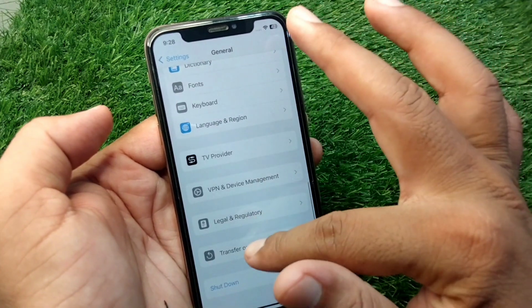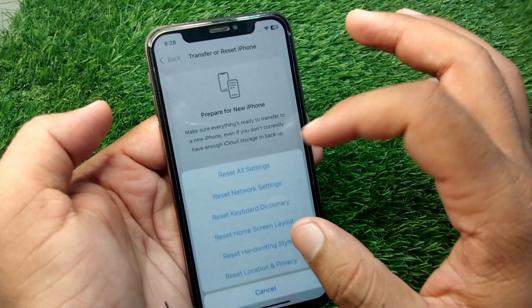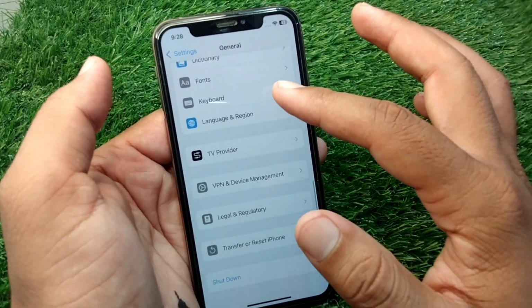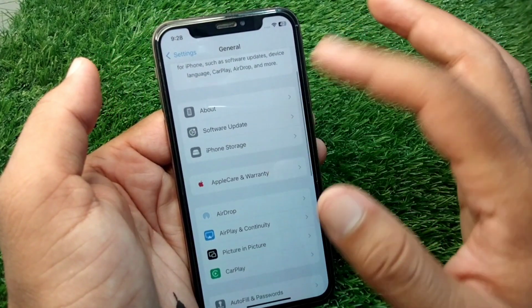and after this go back, tap on Transfer or Reset iPhone, tap on Reset and reset all settings of your device one time, and after this check if the problem is fixed or not,